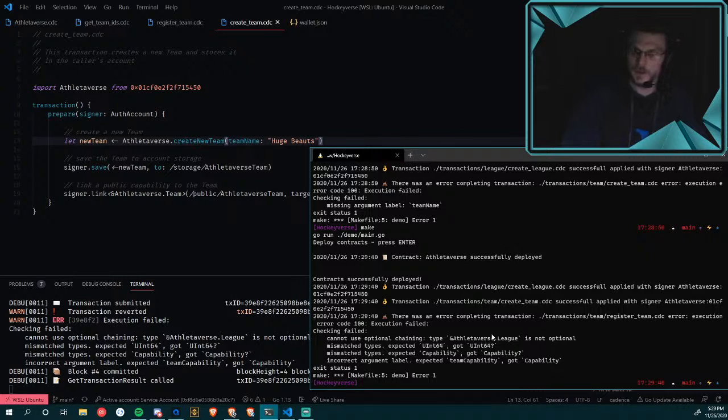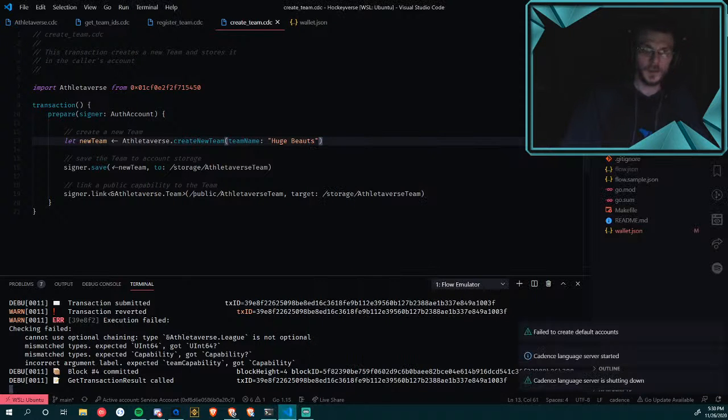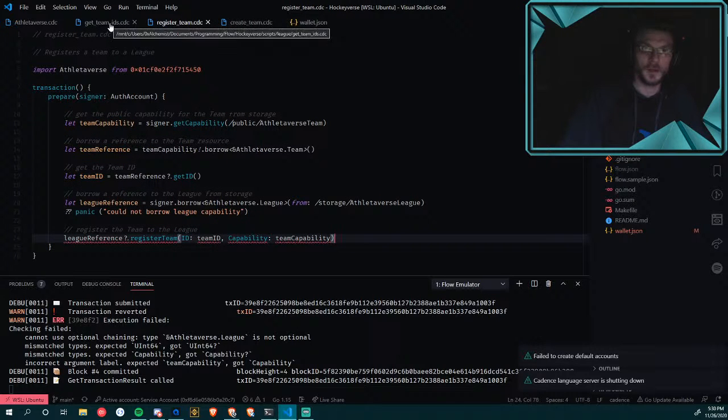Oh, so it needs to get the ID. Needs to have capability. And it needs to update the argument label. So I'm just getting the error messages back off of the script, or back off of the transaction.